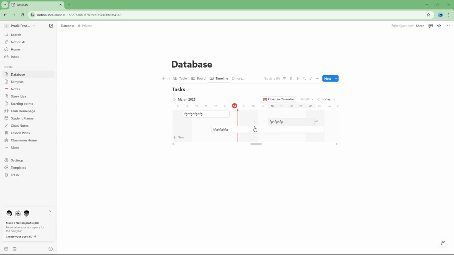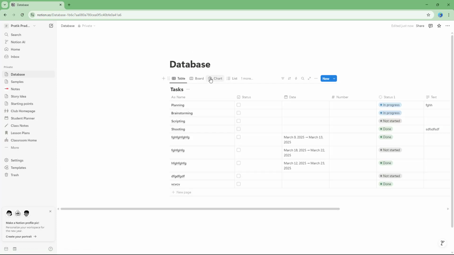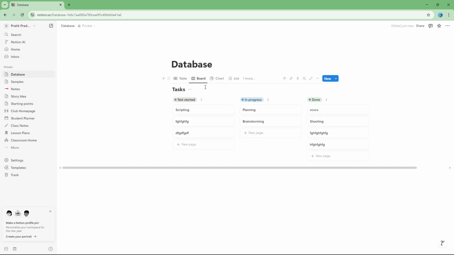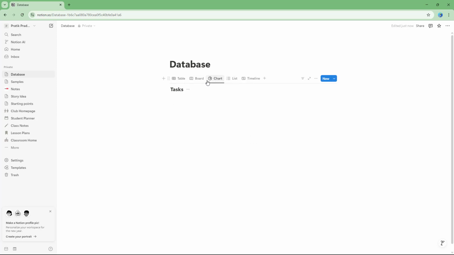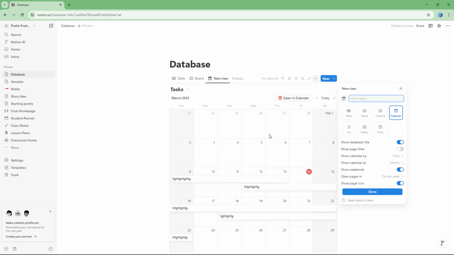So over here, you can see that I have this particular timeline right here, and I got this board. And let's say what I actually want to see is all of these contents tracked in a particular calendar view. In that case, you can go around and click on the plus button right here, and then choose calendar just like this. So once you go ahead and do that, you see all of the calendar views right here,